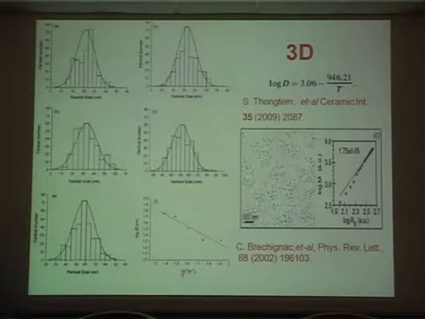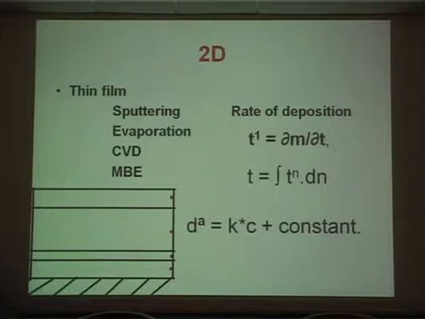So what happens in the 2-dimensional case, which is the thin film? I did the experiment. I grew some thin films. I grew various ones like TiO2, ZnO, tungsten oxides, all thin films. I did mostly thermal evaporation and sputtering, although there are CVD and MBE growths. So the key factor in sputtering, or in all the cases, is the rate of deposition.